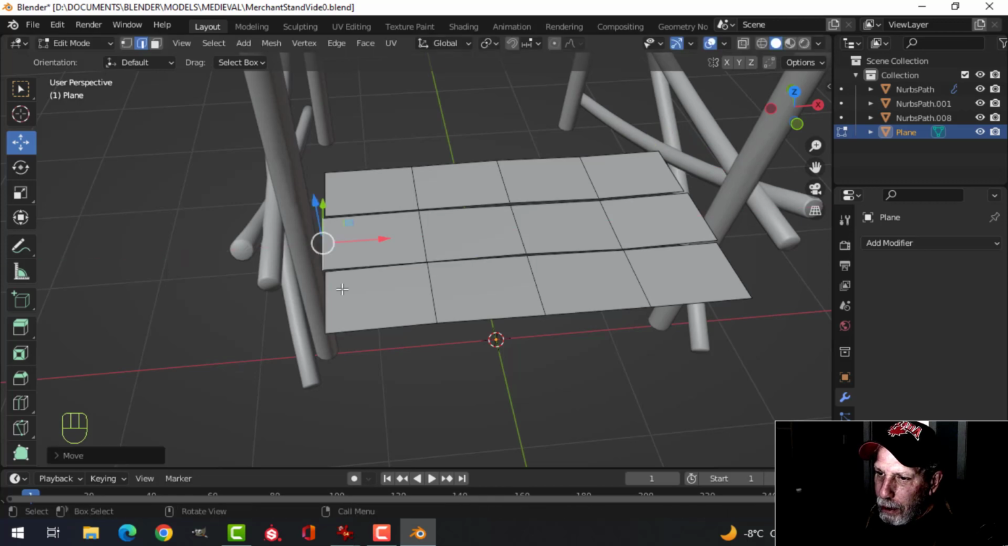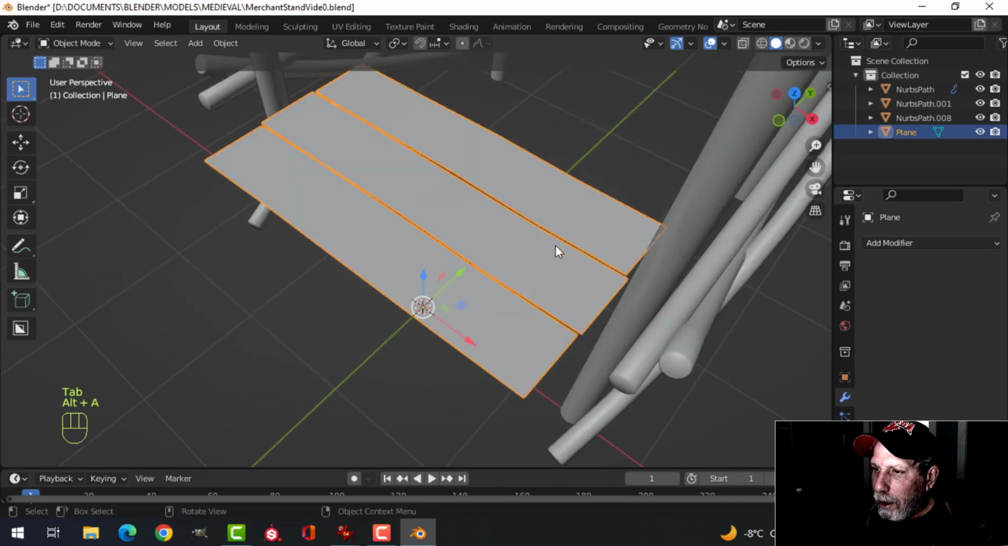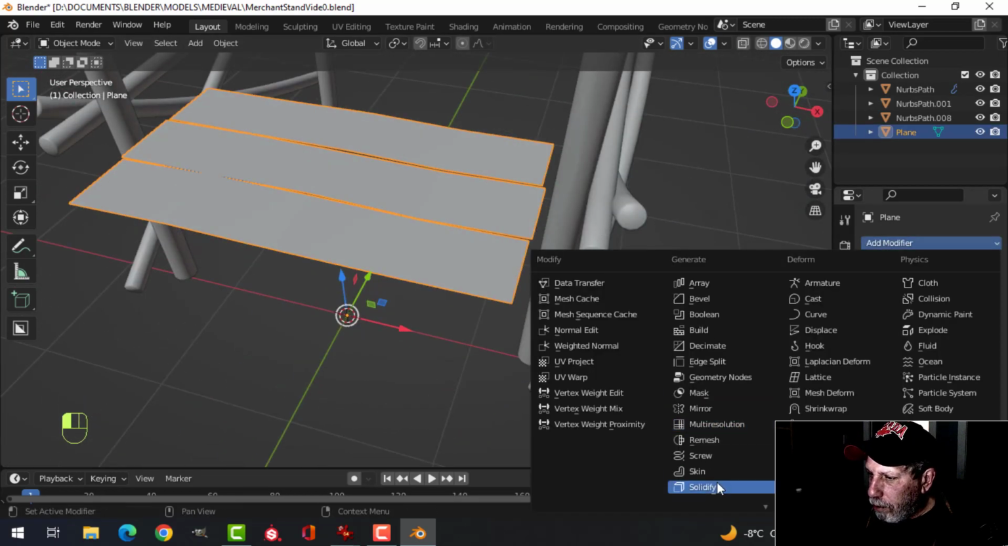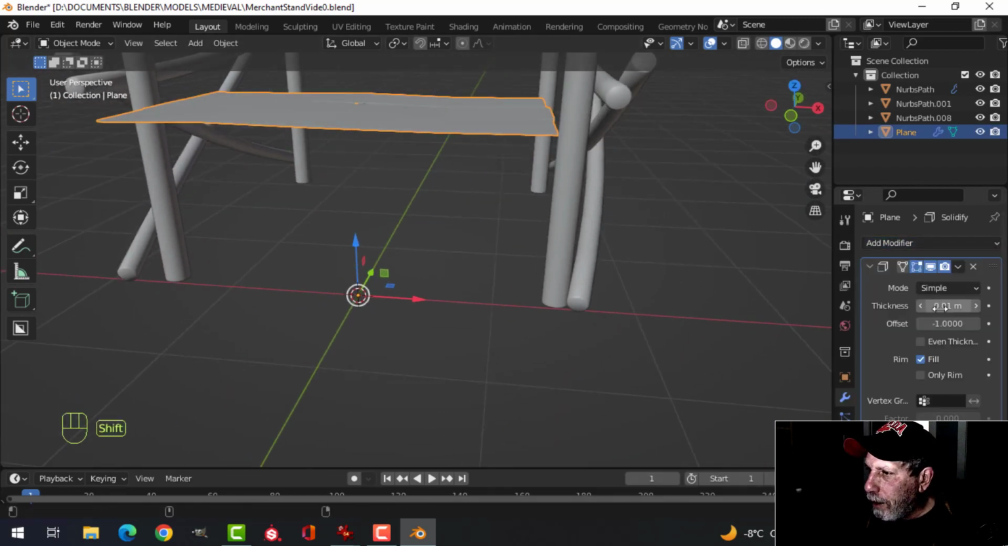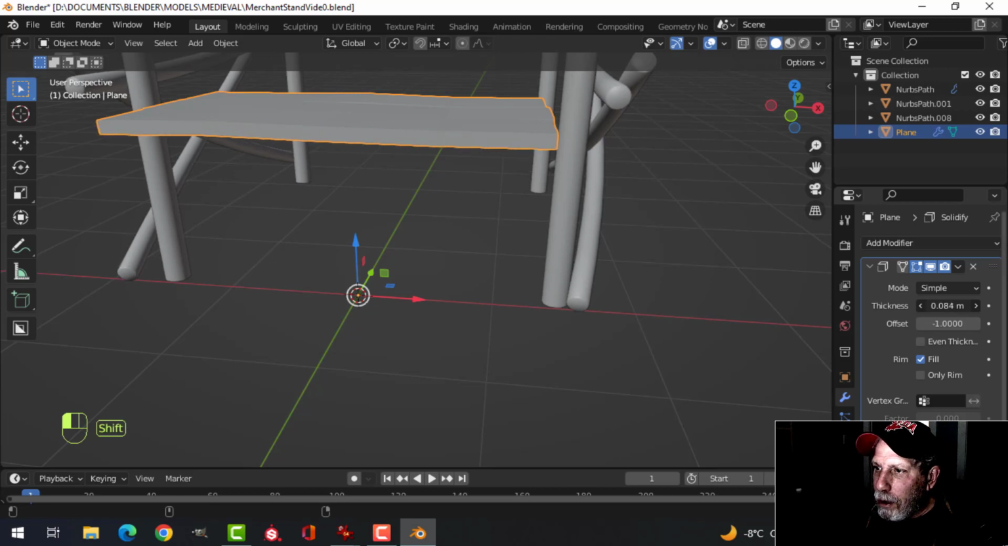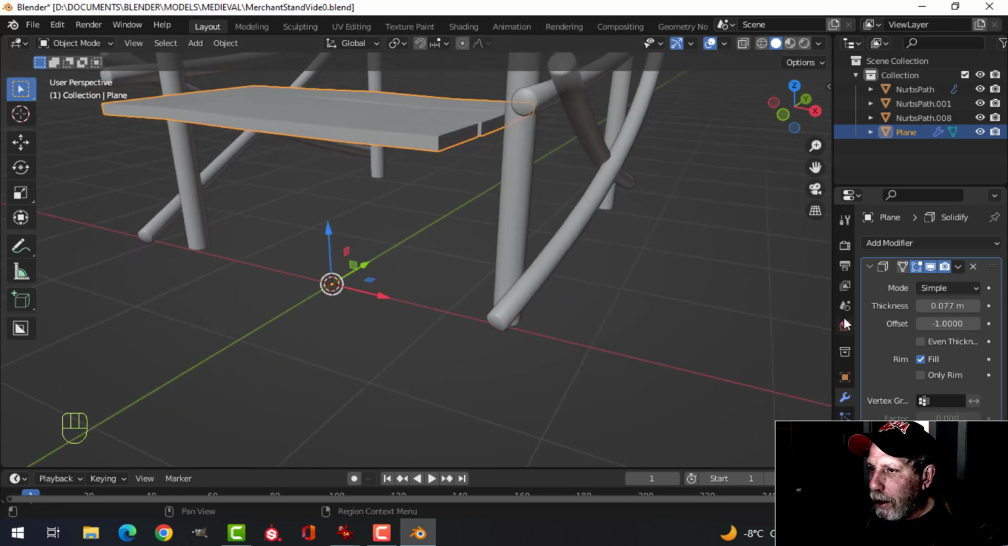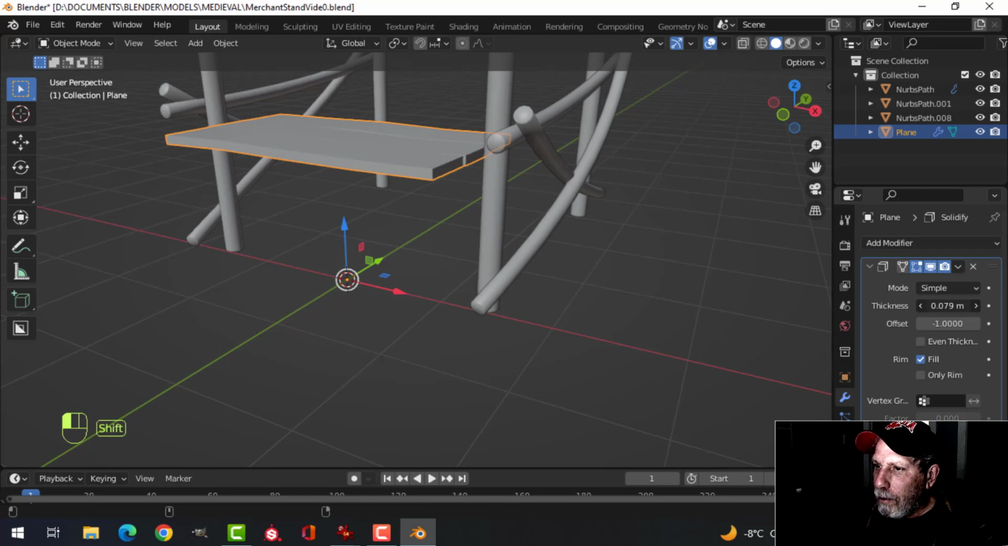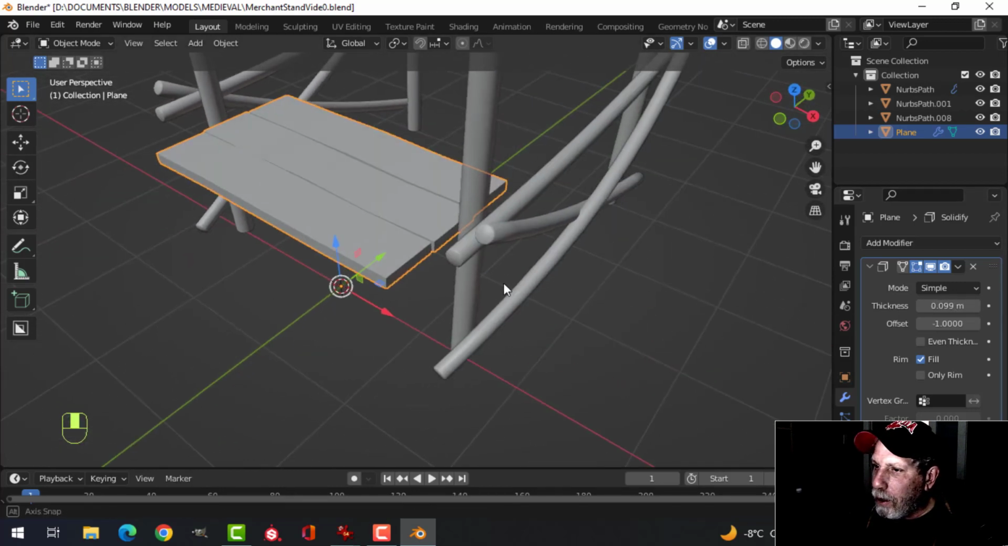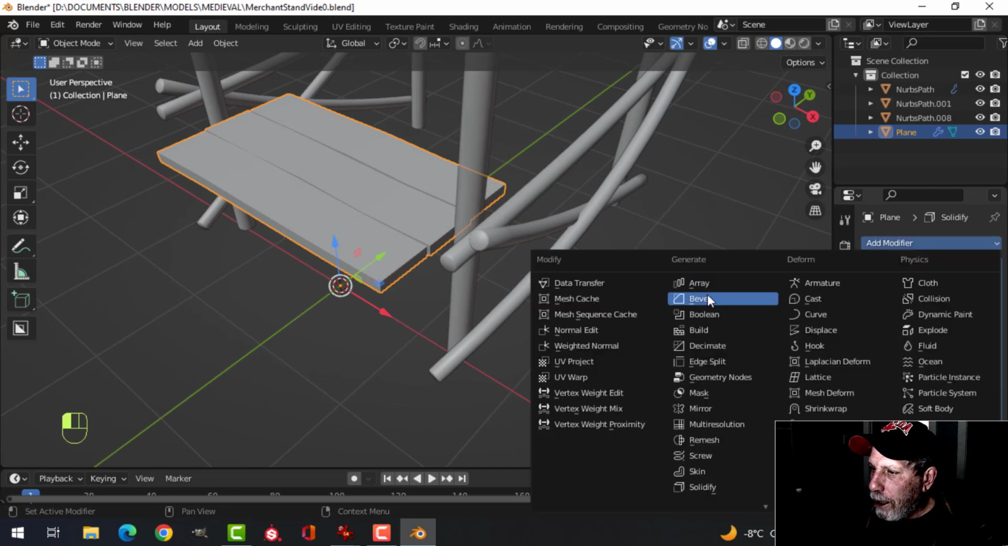Do that one maybe like that, and this one maybe like that. That's good enough like that. Okay, let's give this some thickness with Solidify. I'm going to pull downwards, a little bit hard to see there, and maybe that. All right, and I'm going to add a bevel